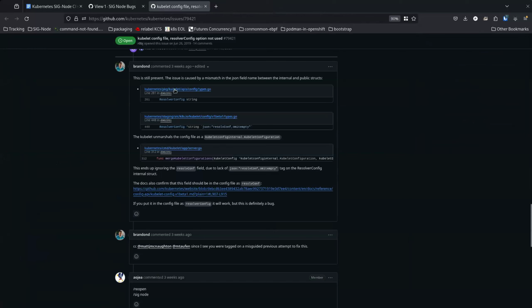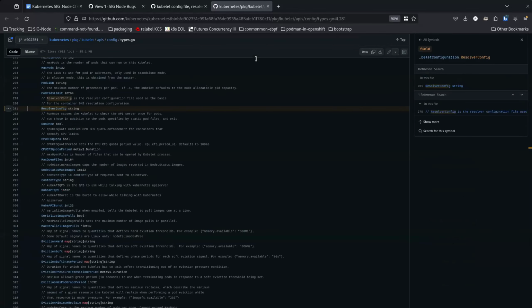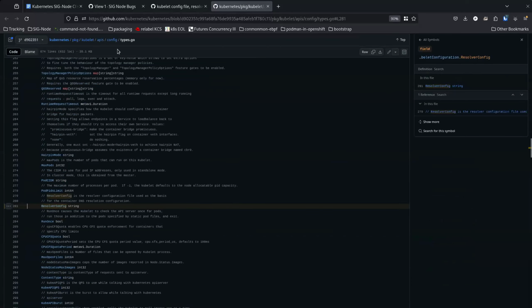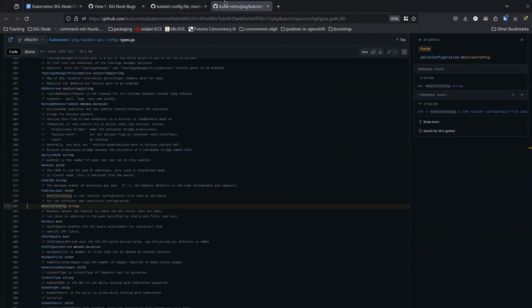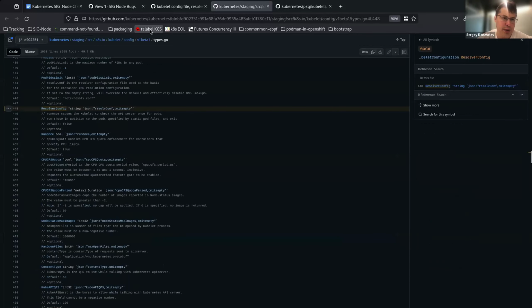I see. Okay. So it's an API change between the v1 config and the v1beta1. Oh, this one's not even typed. No, it's the internal data structure and API.